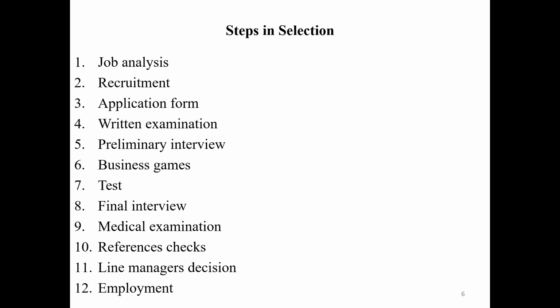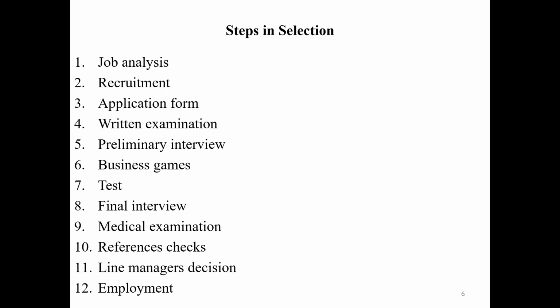So first, the job analyst, right? The job analyst is the one who prepares the job description and job specification. Next, the requirement: they are going to publish that these particular vacancies are there for that particular job. Next, the application form will be given. They need to fill out the application form. Next, the written examination, aptitude test and cognitive test will be done. Next, the preliminary interview. Next, the business games. Basically, the group discussion will be done